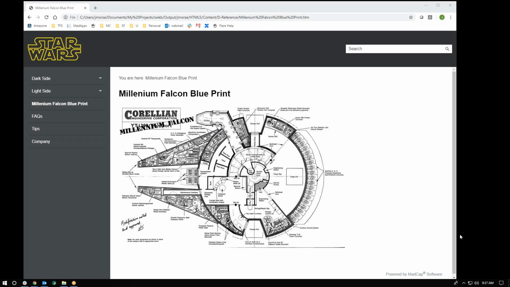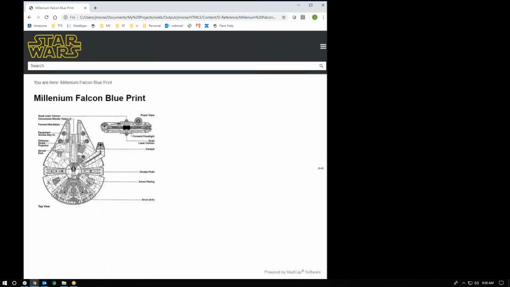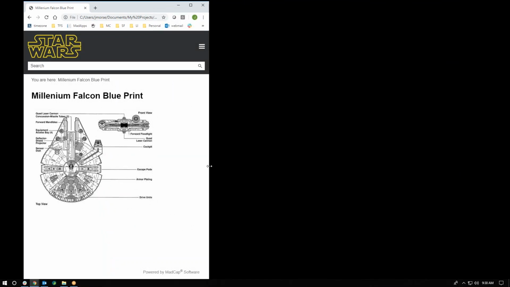Here's an additional example. Here we've got an HTML5 site out of Flare, and we're looking at a very detailed image that's a bit easier to read on a standard web browser. But if we were accessing this on a phone or a tablet, the text is quite small. It may be a bit inappropriate for us to see. So if we were to shrink this down, we can see that the image and the text changes, which is more appropriate for a reader on a smaller screen